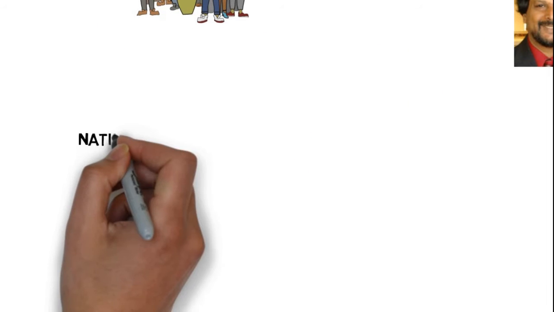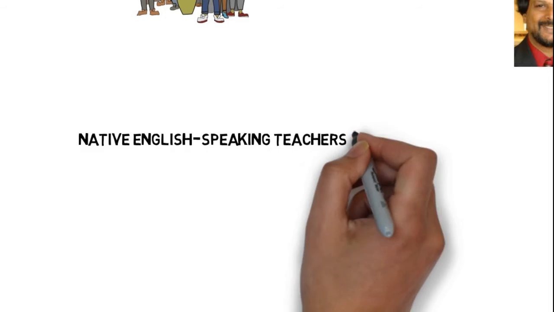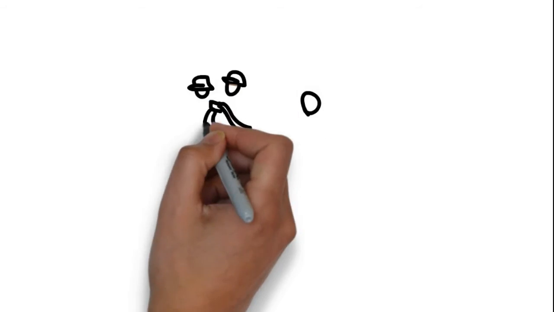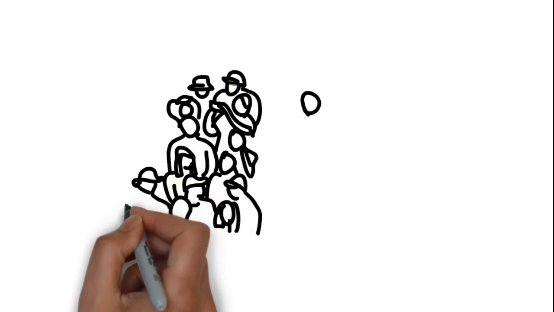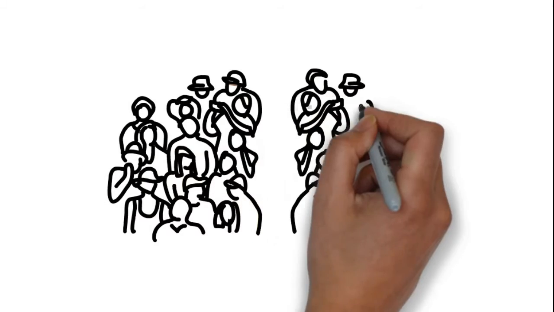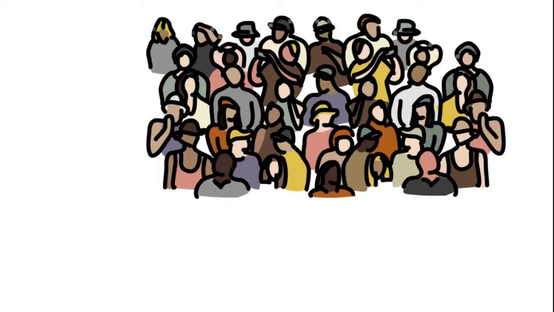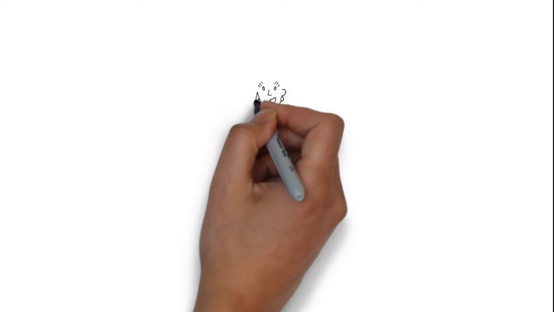Then, Yasemin Bayurt said that Kanagaraja points out that there are not enough center teachers to teach English all over the world, so periphery teachers are needed. Further, he elucidates that 80% of the English teachers in the world are non-native speakers of English, and these teachers are competent to teach English as native speakers.